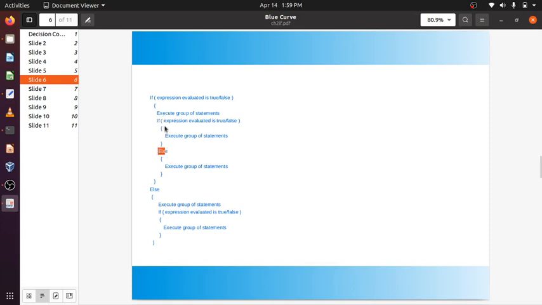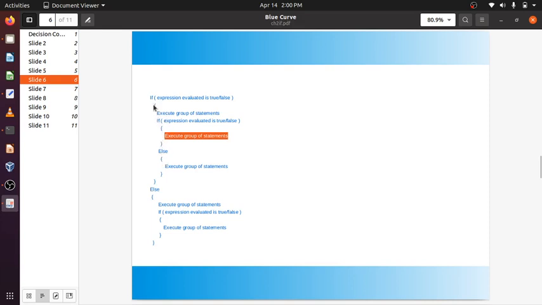I can have another if inside this, instead of a group of statements, here I can also have another if. But in reality things don't go that far. An if inside an if is enough.